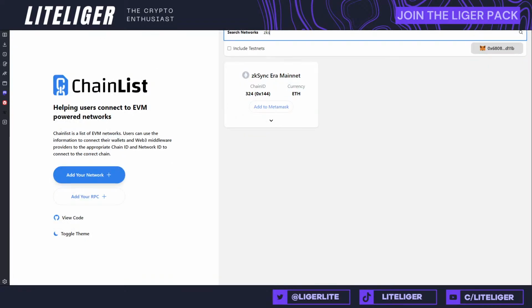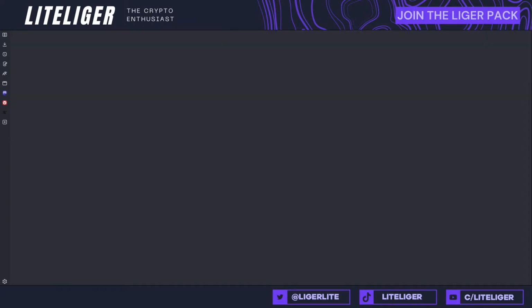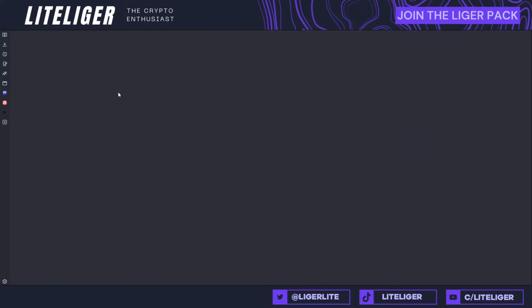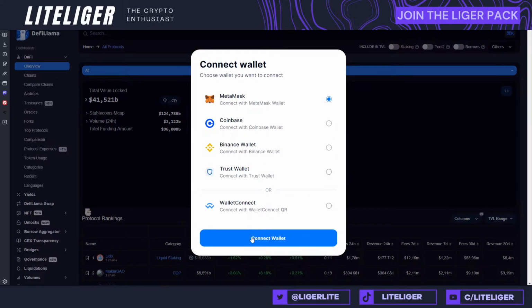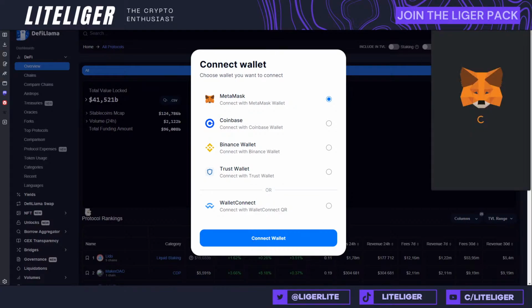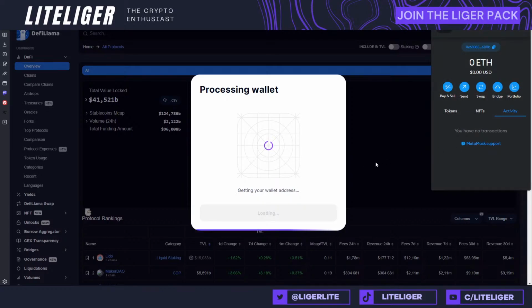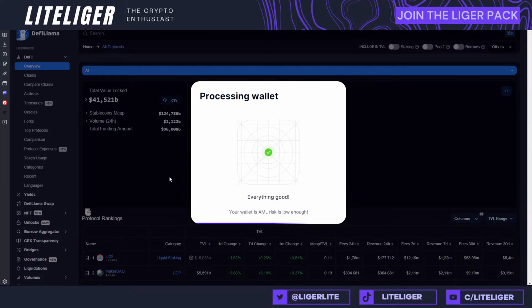Probably, actually, do we have DeFi Llama? So let's just go look at this very briefly before we continue on the stream. And where are we going to keep going into the chains? Well, we can connect here. Why does it ask me to connect even though I don't want to? Seriously? Okay.